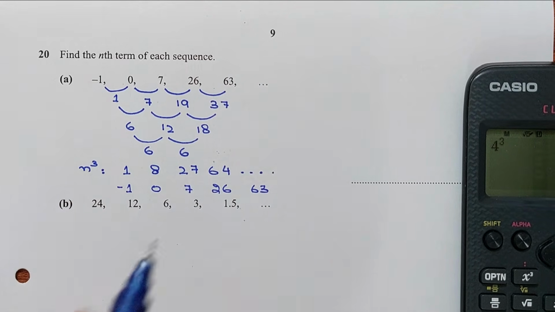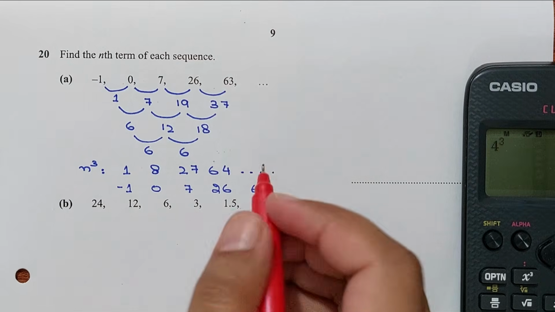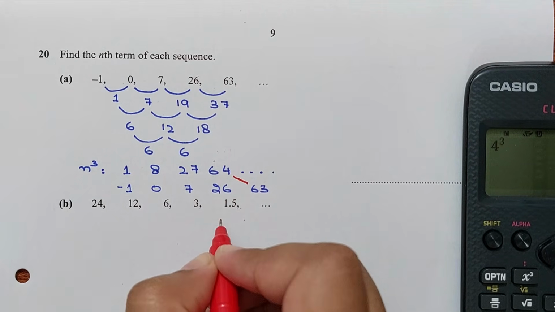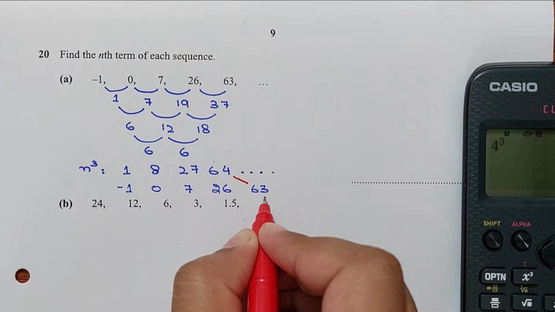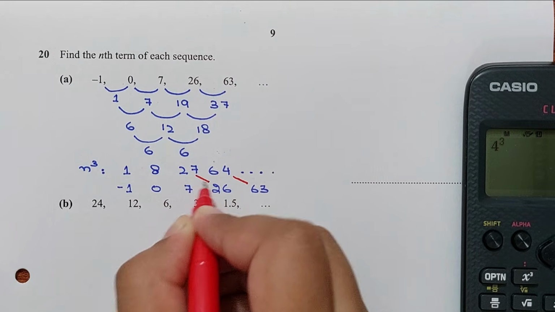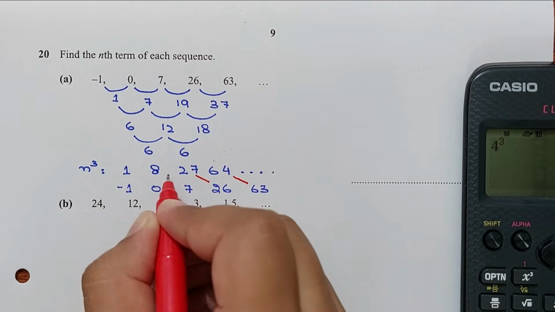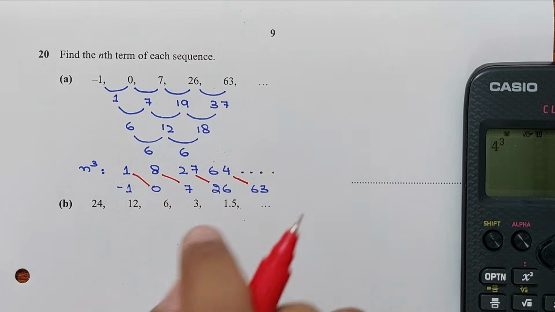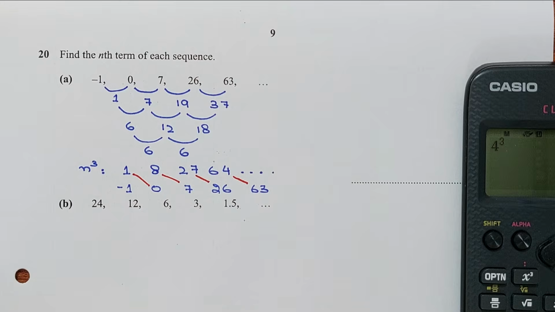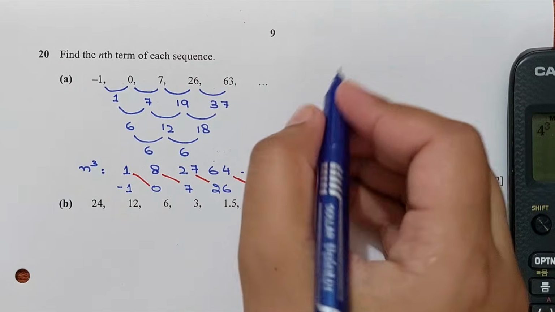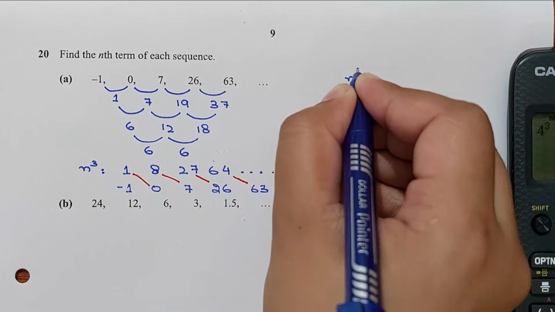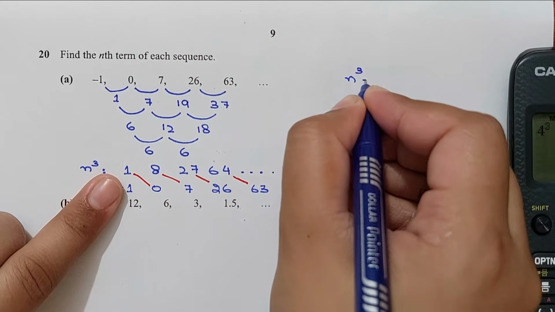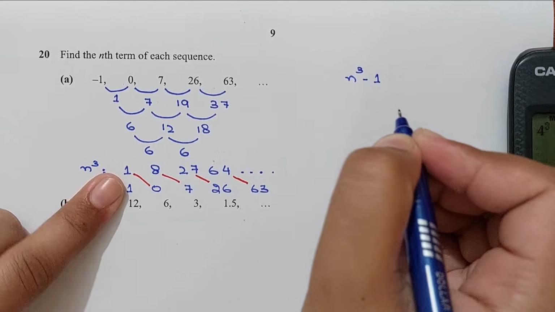If we compare, 63 is 1 less than 64, 26 is 1 less than 27, 7 is 1 less than 8, 0 is 1 less than 1. So each term is 1 less. So if I say the sequence is n cube minus 1,